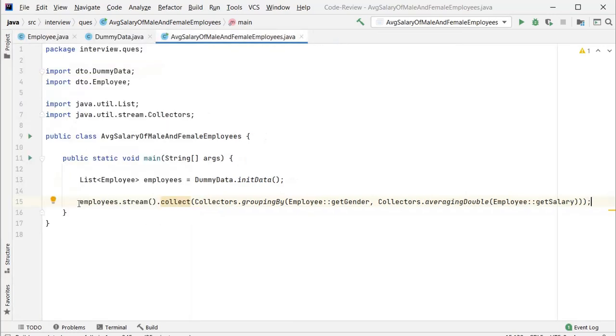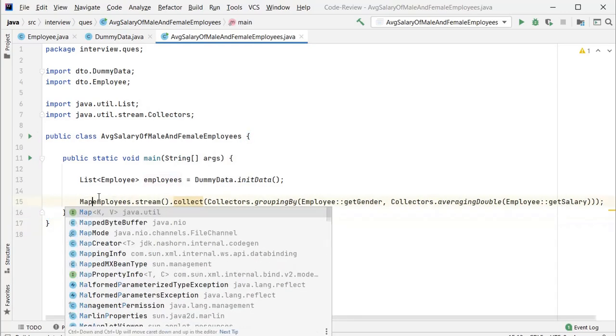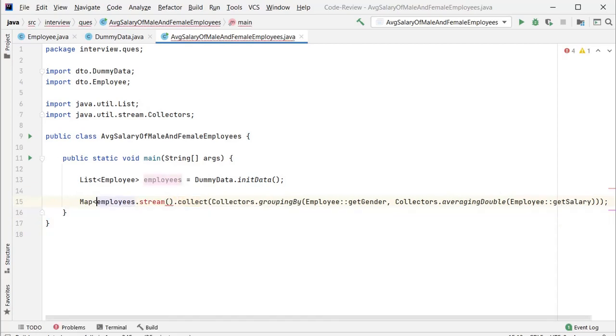So this line of code will return the male and female employees' average. It will return the average salary for male and female employees, and the return type of this will be a Map instance. So I'll create the map, and decide the type of key and value.